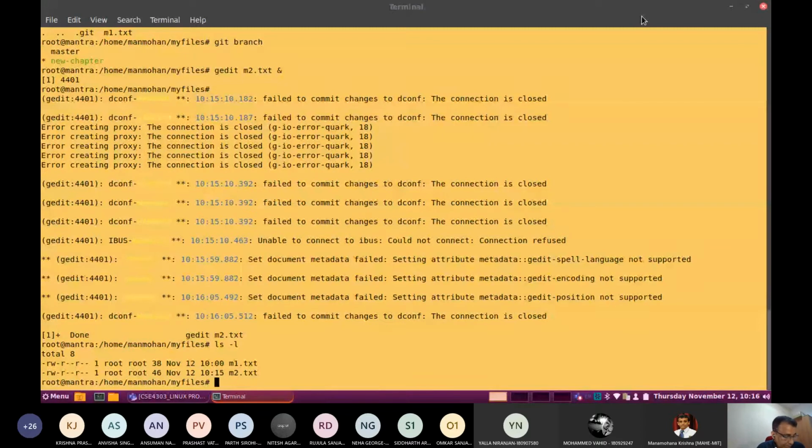I will get it to the staging area. How to type it? We can get it to the staging area by writing git add m2.txt.